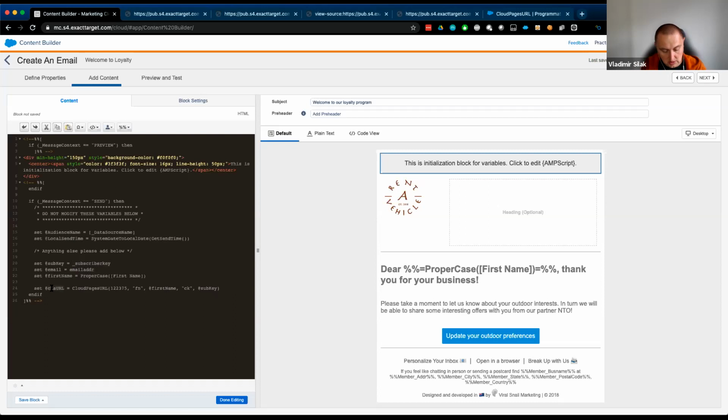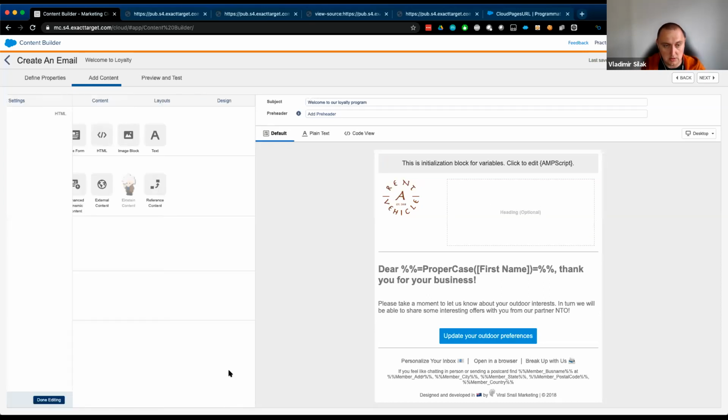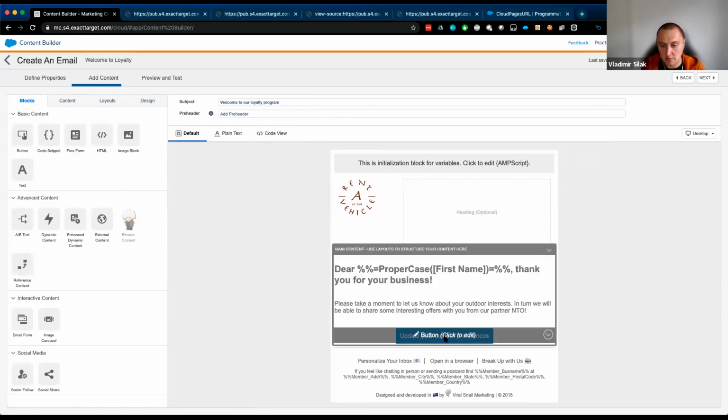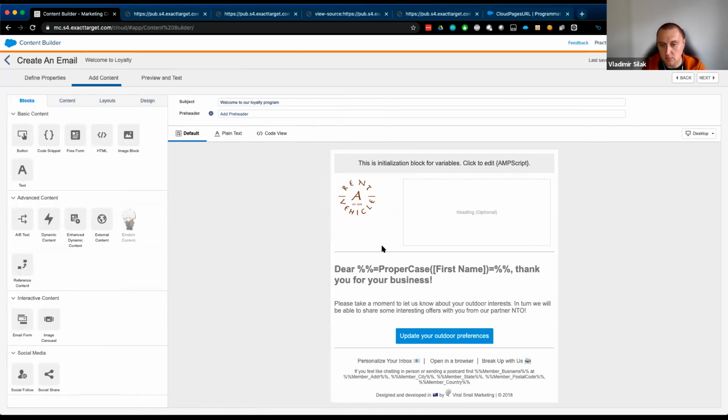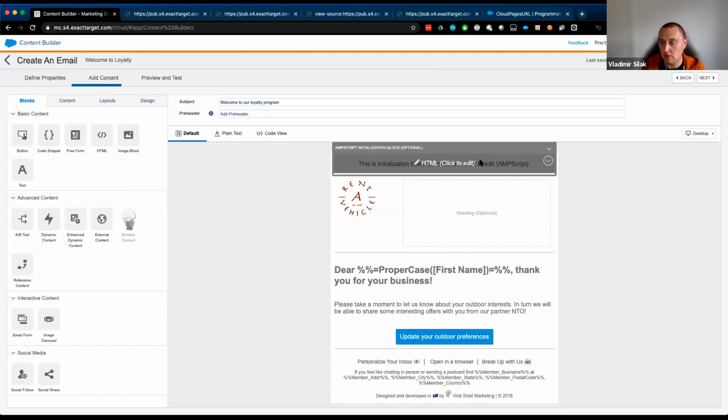So I called it the CTA URL. Let me just fix that up and then go back into my button and update that to be a CTA URL. It's call to action URL. So cool. So what we've done right now is we effectively said, okay, for the AMP script, as I mentioned